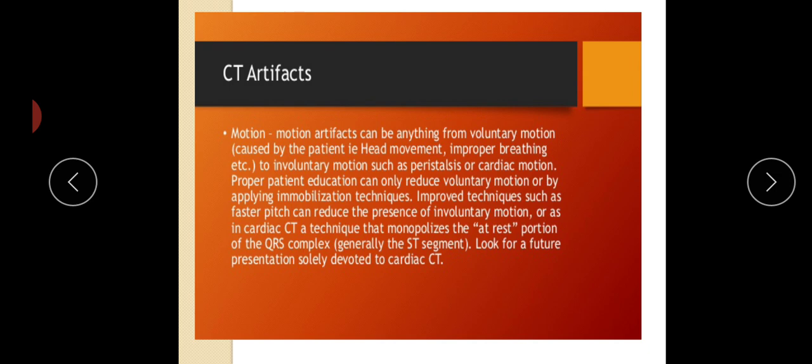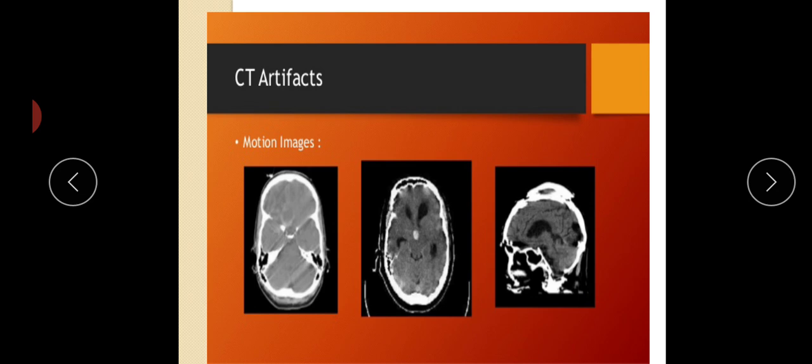In CT, patient motion has a devastating effect on image quality. This is the primary reason for developing faster scan units. When the patient moves during a scan acquisition, the reconstruction program has no ability to make appropriate corrections because motion is random and unpredictable. The reconstructed image will display an object in motion as a streak in the direction of motion, thus causing the motion artifact. Here are some examples of motion artifact.